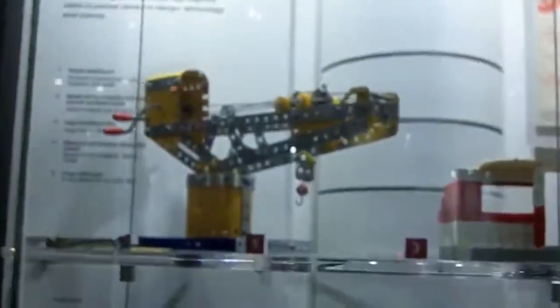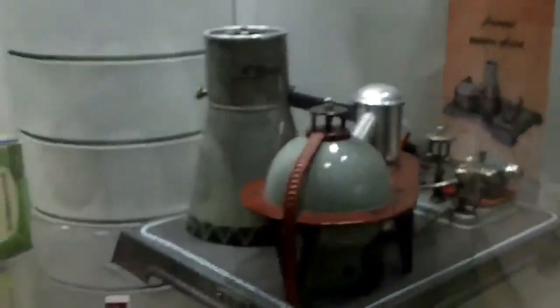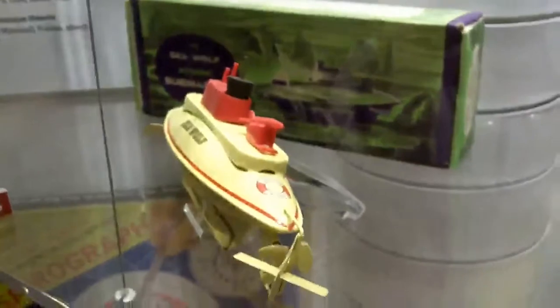So we're inside the Royal Scottish Museum. It's about 3 o'clock in the afternoon. Weather is miserable outside, and we're in some section of the museum showing old toys and whatnot from the 1950s. There's some Meccano and Lego and Airfix models, all of which I still have in my attic. And I think this whole section just deals with old 50s, 30s, 40s, 60s kind of memorabilia, toys, radios, and